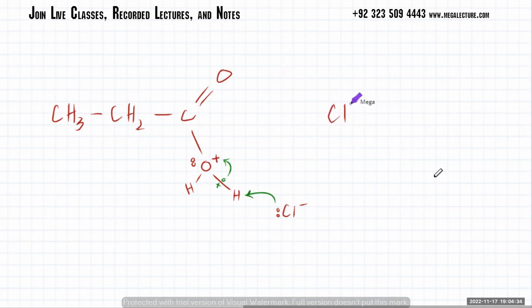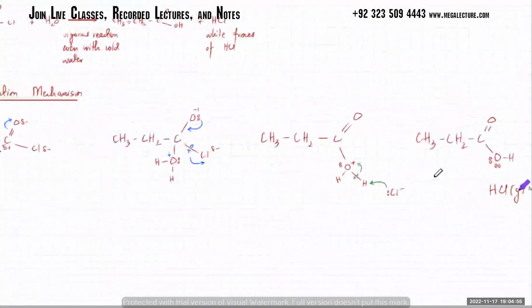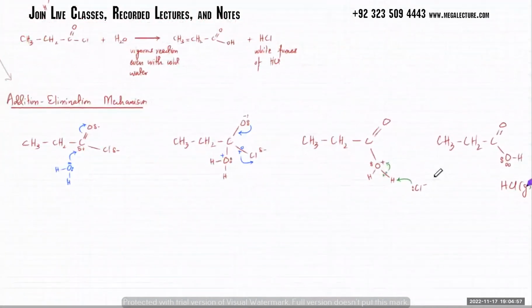So you're going to have a CH3, you're going to have a CH2, and you'll have a C double bond O, and now you'll have an OH at the bottom, and it's going to have two lone pairs. मतलब वो वापस normal OH बन गया, ठीक है। And the other thing that's going to be formed is an HCl gas molecule, ठीक है। That kind of completes your mechanism. तो